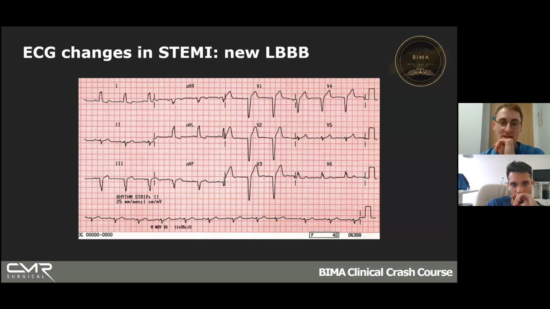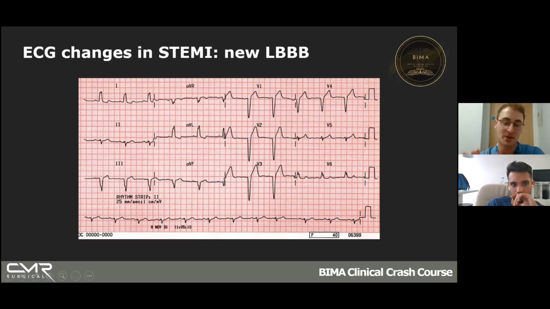But the problem arises when you have an old left bundle branch block. I'll talk about the left bundle versus right bundle a little bit later, after we've done the old left bundle branch block. I'll get to your question, don't worry.